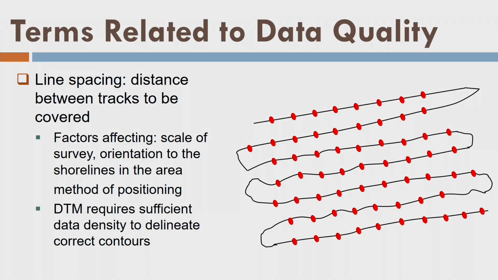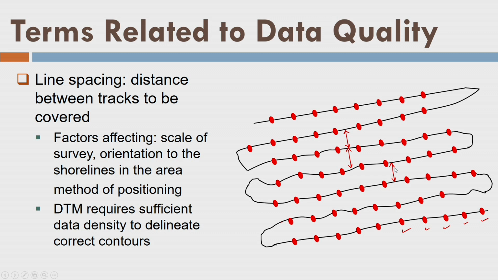Now you can see here, because of the variation in the current velocity or variation in the boat, we are having lines which are not straight, but still we are trying to maintain them. So now these are the data points I have collected at a regular interval on each line, and these are the lines or the track of the vessel or boat. Fine. You can see here the distance between the two lines, I can say the average distance. So that's a good way to mark here. This is my line spacing. This is the line spacing. This is the line spacing, and so on, right?